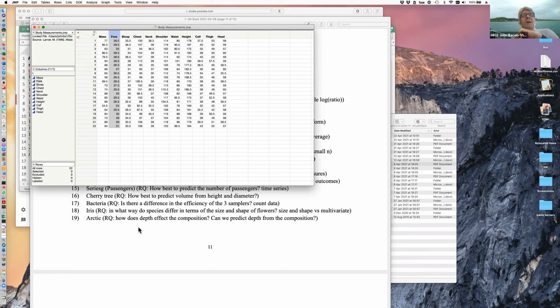Forearm means the lower arm, bicep is the upper arm. We have the chest, the neck, the shoulder, the waist, the height, and then we have the calf and the thigh, which are the lower and upper leg, and we have the head. So, in other words, we have all these different measurements of the body, which in principle should be related